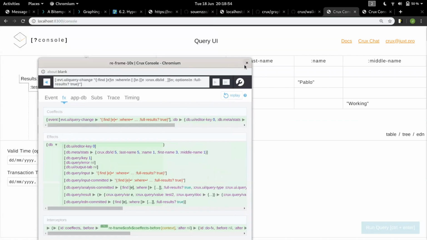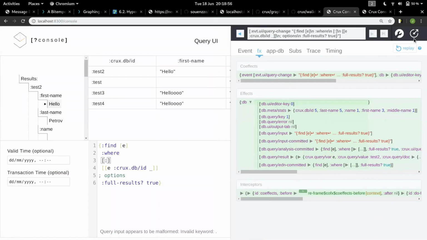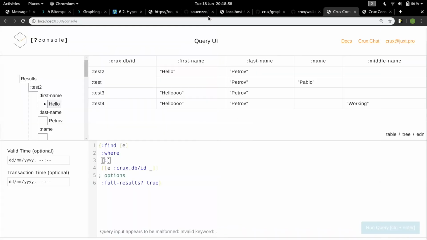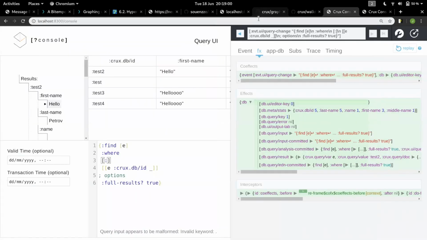So that's good. And there's some links to the documentation. So that was kind of it. I think I showed you everything I wanted to. So if I just go back to this,